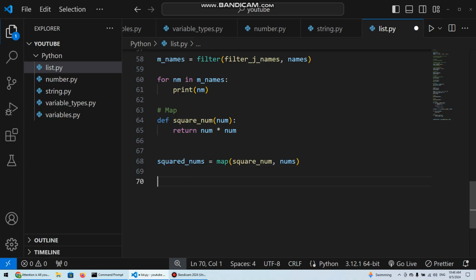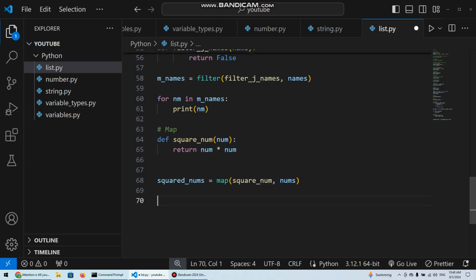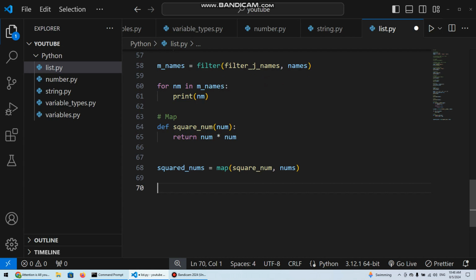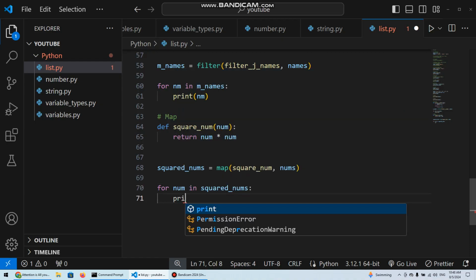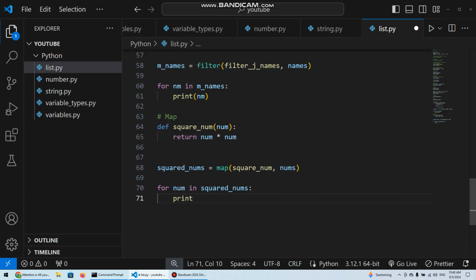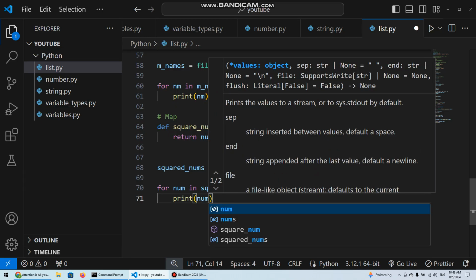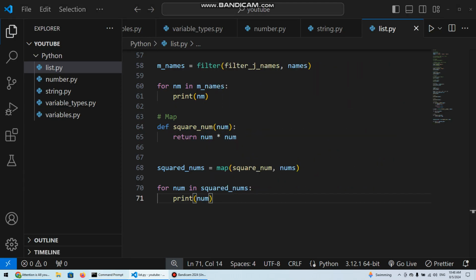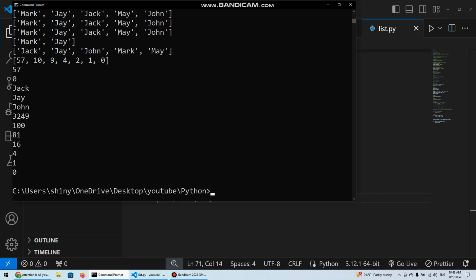So to see these numbers, just like we saw for filter, we say for num in squared_nums, print num, and if we run this, okay, we get